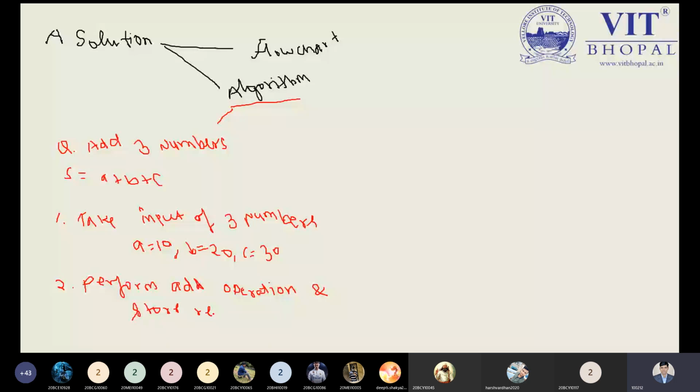So how can I do it? It is a very simple idea. S is our variable where we can store. So S is a variable, and I can do S = a plus b plus c. Is it okay? Yes, sir. And what is the last step? The last step: after getting the result I can print. I can print S, the solution.